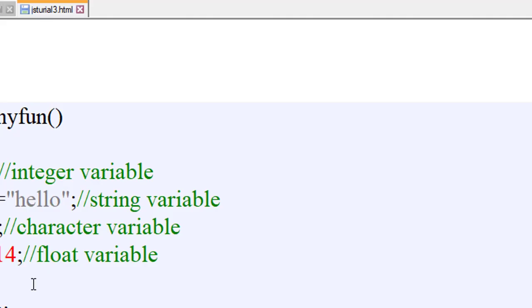See here, the button is appearing. Just refresh it, the button is appearing. If I click on it, 30 will be displayed. The value of c is 30 because firstly it will do the calculation and then it will store the result in c and then c will be displayed. Okay, now you can do plus, minus, multiplication, modular division, anything you want.